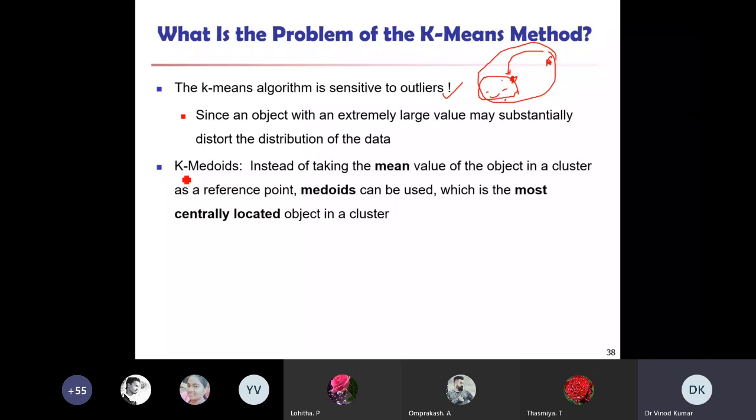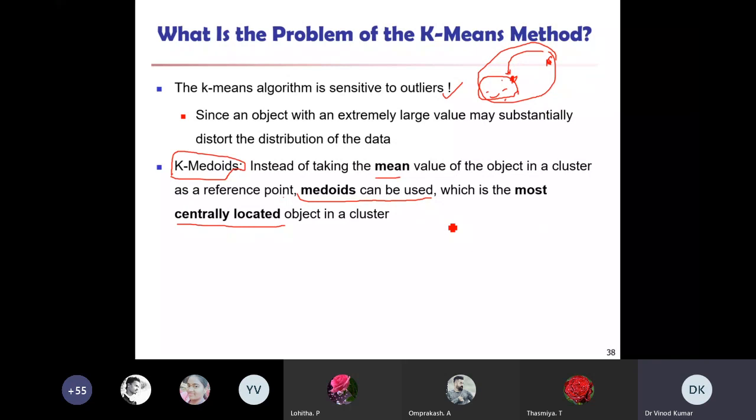Next, k-medoid. That is our new discussion. Instead of taking the mean value of the objects in a cluster as a reference point, a medoid can be used, which is the most centrally located object in a cluster.